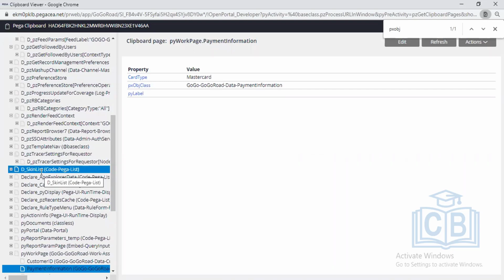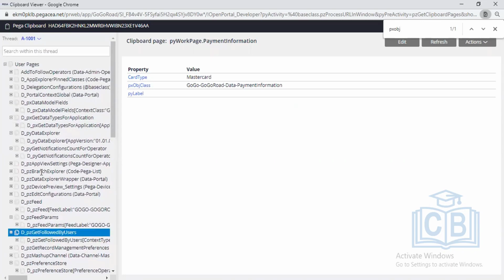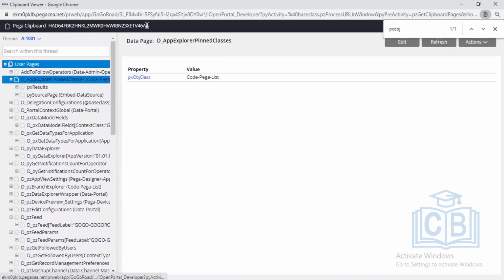How it will actually store is, you will have something called code Pega list. Let me search for code Pega list. See, this is a page list page. Okay, this is the page which has a list of records. PX results is a list of records. If you expand PX results,